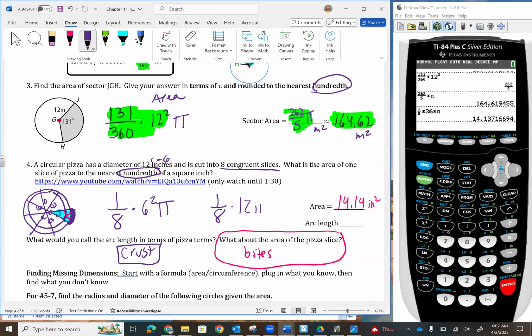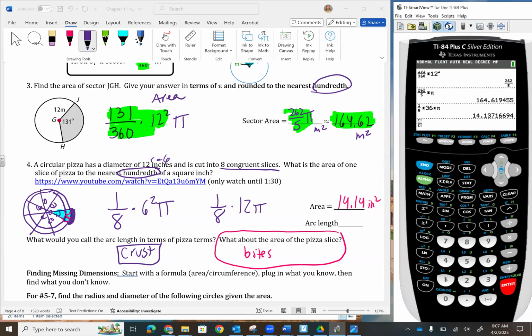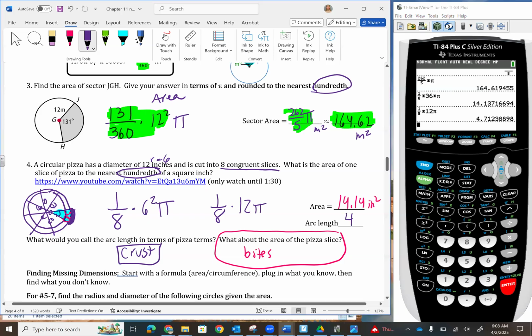Okay, what is that? It'd be 12 pi, and so we could do 1/8. I did not want that. Alpha y equals, and then we do 1/8, and that would be times 12 pi. And then our answer is going to be 4.71. And that'd be how many inches around the pizza you'd have. Okay, that'd be the length of the crust. And so